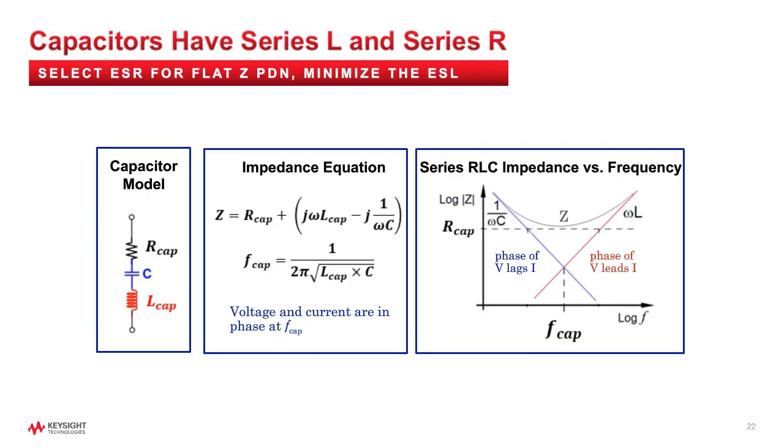Looking at the graph of the impedance versus frequency on the right, it is clear that the capacitor only acts like a capacitor below the self-resonant frequency. At the self-resonant frequency of the capacitor, the capacitance impedance cancels the inductive impedance, and it is purely resistive, with a value equal to the equivalent series resistance, or ESR, of the capacitor. Above the self-resonant frequency, the capacitor is no longer a capacitor, and now its behavior is that of an inductor, defined by the equivalent series inductance, or ESL, of the capacitor.